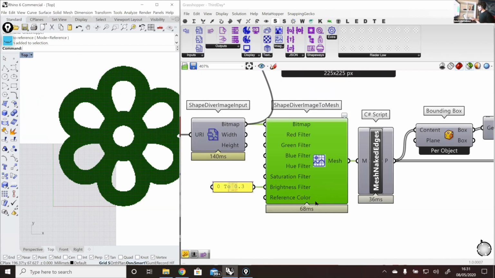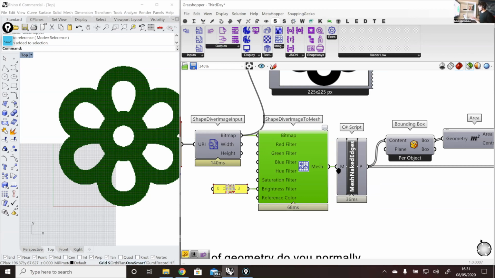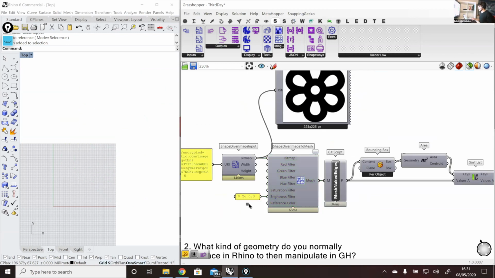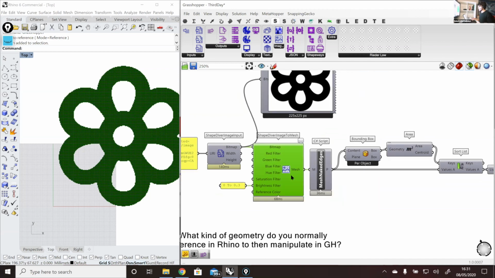And then you have other filters, the red filter, green filter. So for example, you could have an image with different colors, but you just want to take the red pixels of this image, then you could filter them here. In this case, I just want the very dark pixels, and that's why I put this domain from 0 to 0.3. Then I have my mesh, and then with that mesh, well, it's up to you what you want to do with it. But the good thing is that now it is a 3D object. So now we can affect this mesh